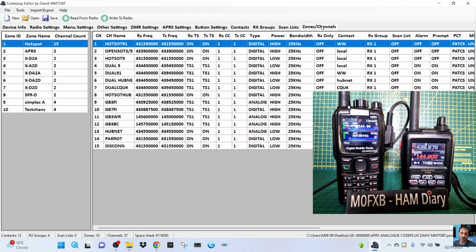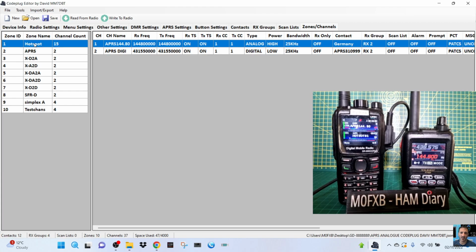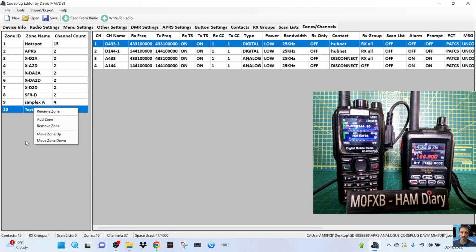So click zones here at the end, zones and channels, and then we'll look for the APRS zone, which I made a new zone for, APRS. To add a zone, you just right click and add a zone, and same for channels. So it's chugging on nicely. So if we double click the analog channel I created,